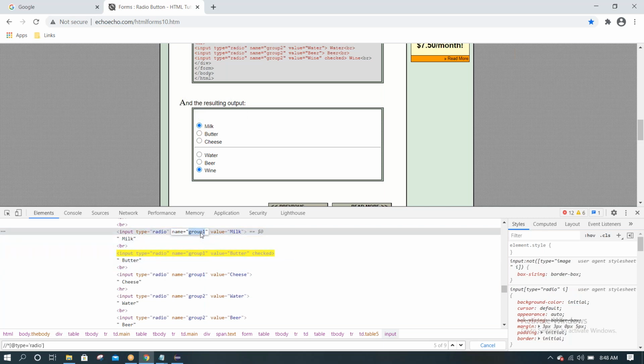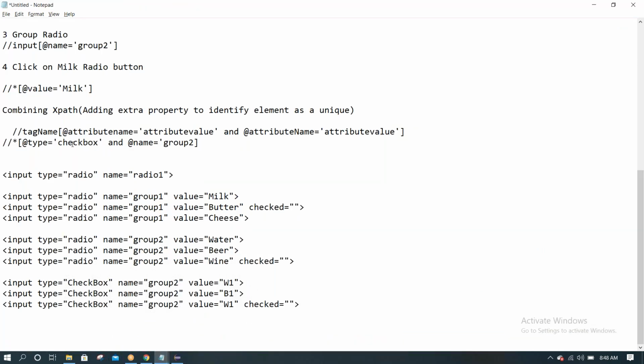This group 1 is lowercase letters, milk like uppercase letter. So how it is displaying in HTML code, we need to write that, attribute name and attribute values. Let's say I given like this here, means consider like this in the application, then we need to write the same way. Just for example, I'm saying, as of now it is fine. Okay, it will go here, and again at the rate attribute name equal to group 2, single quote is this. There are a few things we need to take care.